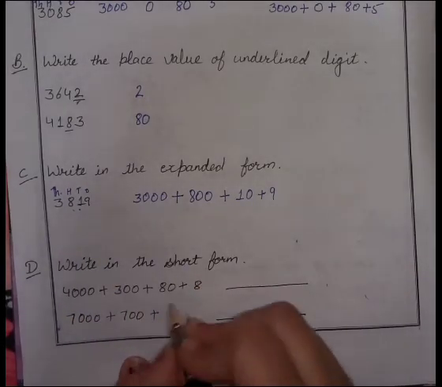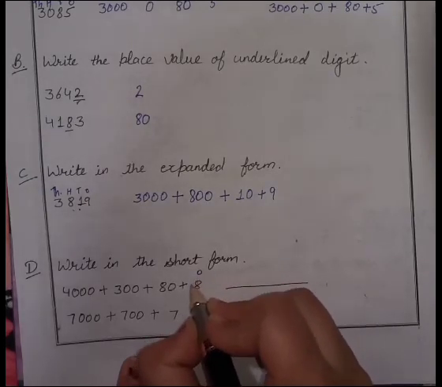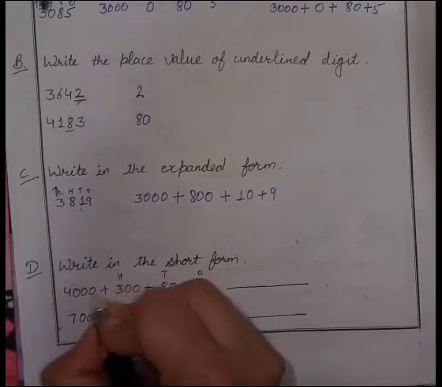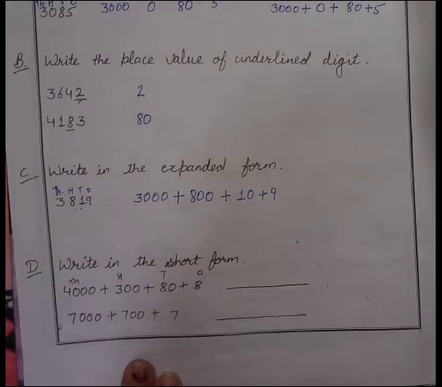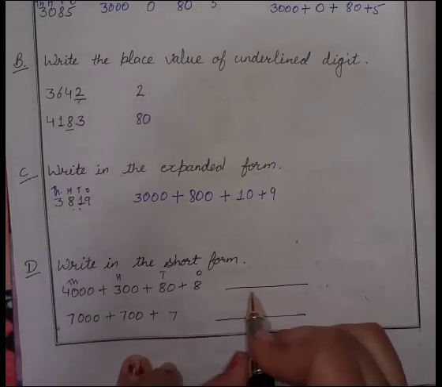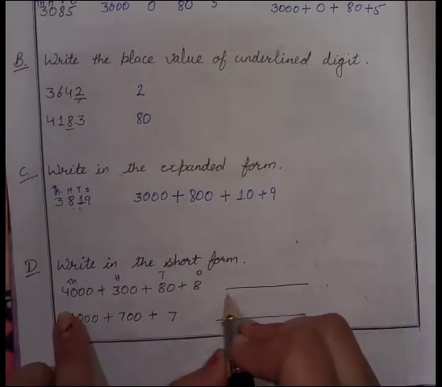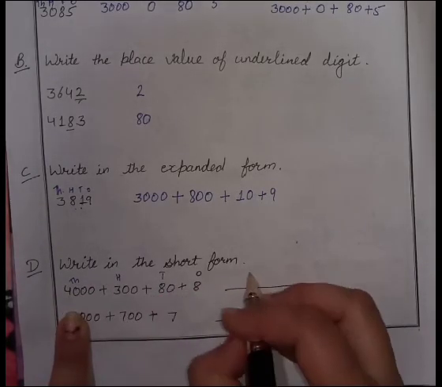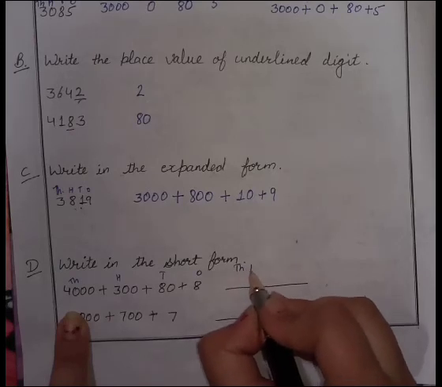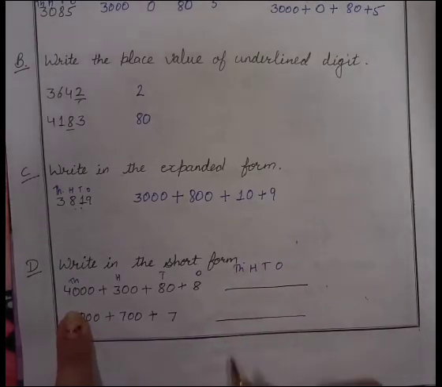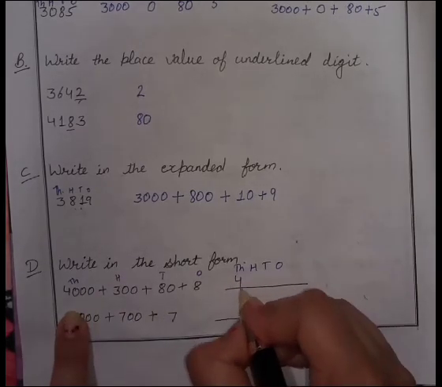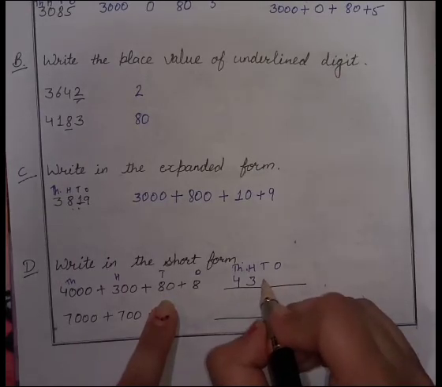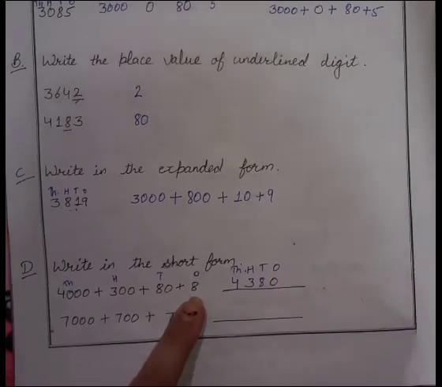This one, don't forget that earlier, first of all, we have to write the places. Ones, tens, hundreds and thousands. Okay? Same process. First of all, take the 1000 digit, but remove the zeros. Thousands, hundreds, tens, ones. On the 1000 place we have 4. On the 100 place we have 3. On the tens place we have 8. And on the ones place we have 0.